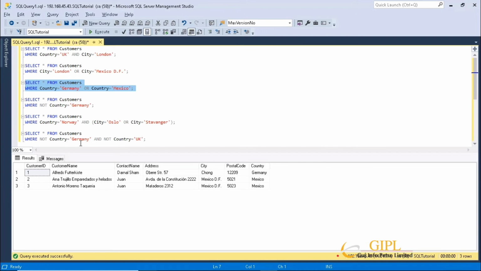You can see the difference between the results we got earlier and now. So I hope you're clear with the concept of AND and OR. We have had enough examples of this. So let's move on to the next example, NOT.